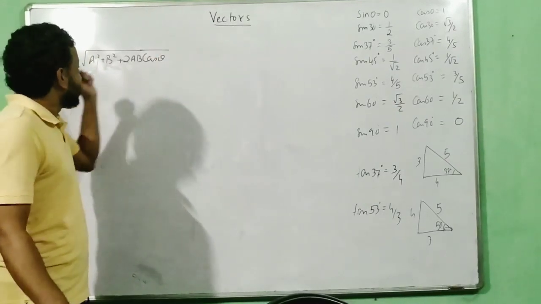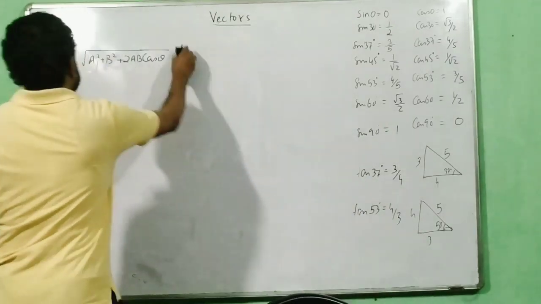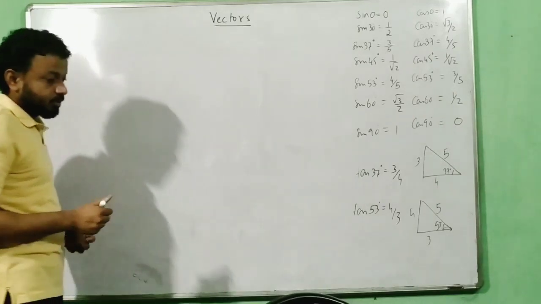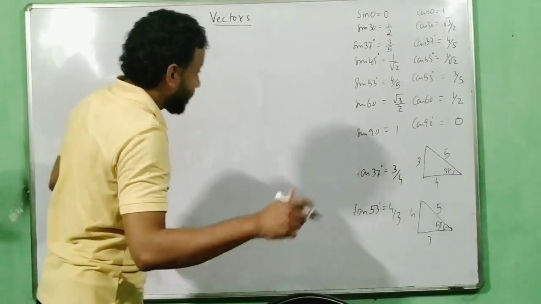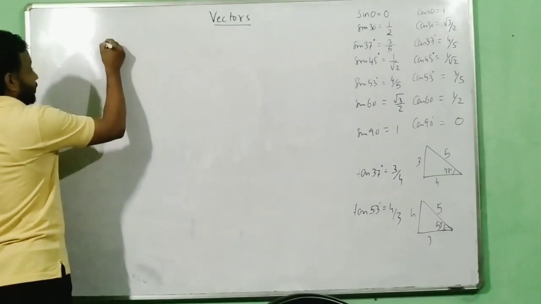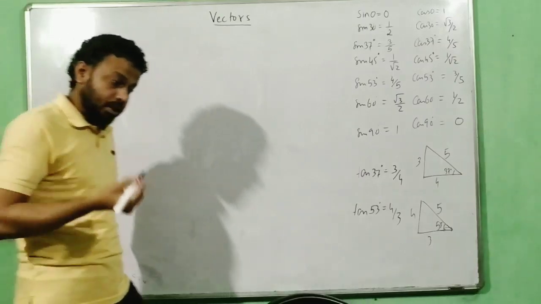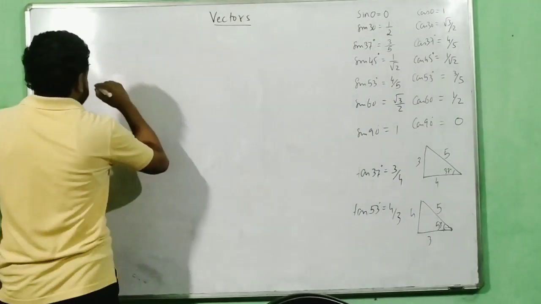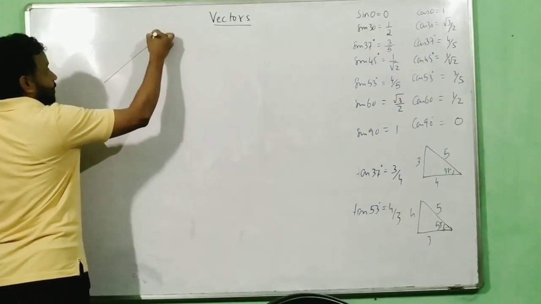So you already know about this. Let's try to understand here how to do the vectors when there are more than two vectors. The first thing is the concept of resolution of vectors. That also I am assuming that you have gone through, but still I will give a small preview on that. So suppose this is my vector A